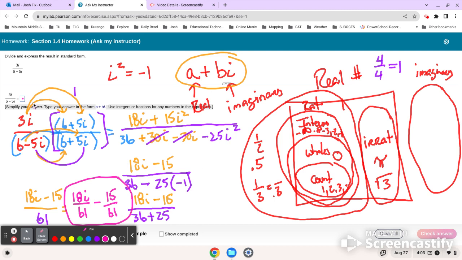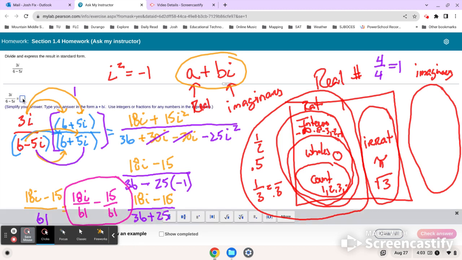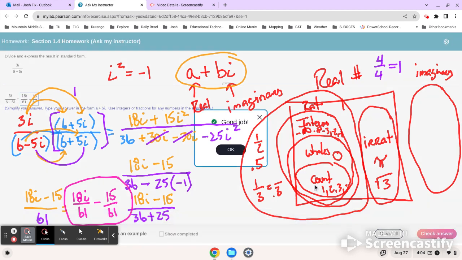So I come up here. Mouse. All right, and then you'll see when I hit that, there's a fraction bar that pops up down here, so I can click the fraction bar, and I do 18i over 61. I arrow out of it, so I'm up next to it. I hit minus. You also can just type the first number, hit the fraction bar on your keyboard, and it'll change it into a fraction, and then do 61. So you can see throughout that writing there, I got the answer plugged in. I click check, and I got it.